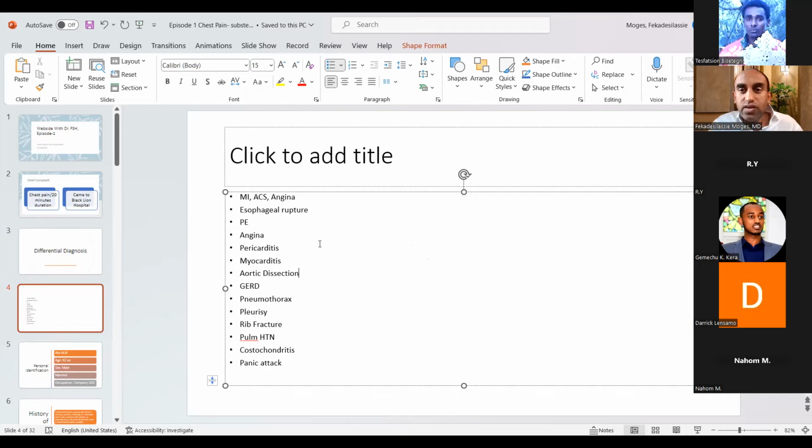Who wants to speak? Go ahead, please. I have a question on the pneumothorax line. Obviously, a patient with pneumothorax may have chest pain, but does a patient with pneumothorax initially present with chest pain? Rather than the chest pain, the patient may seek health care because of the shortness of breath, I think. So exactly, you are going to the chest.